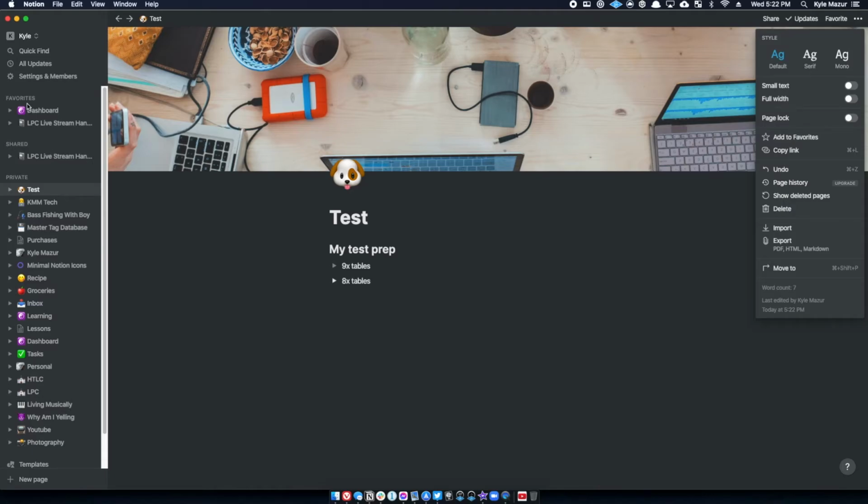Adding it to favorites, it just simply sticks it over here underneath your favorites. And then you have the ability to copy a link. So if you wanted to copy this page somewhere else or give it to someone else as a link, you could. And then you have your usual undo, page history, deleted pages. You can delete the page. If you need to import or export anything into here, you could do that. And we can move this to the list over here somewhere else inside of this list. So that is a little bit about pages